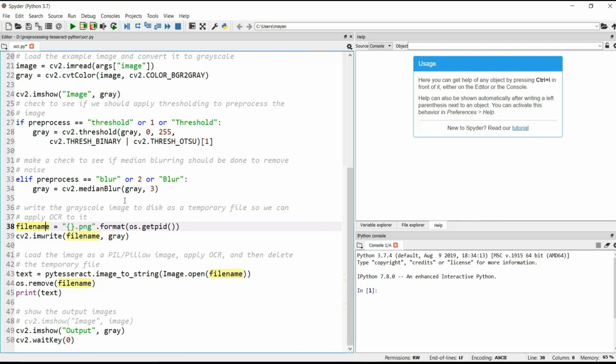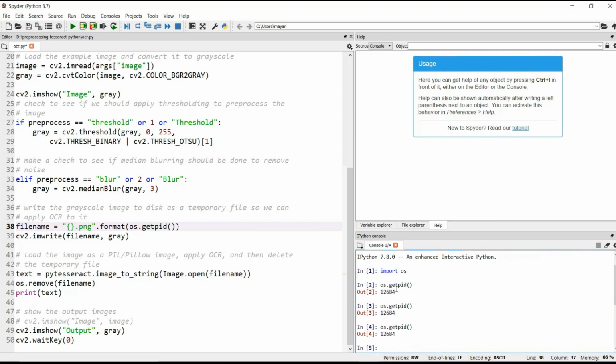So we have one function of OS, that is getpid. getpid will return different numbers, like you can see here. Let's check an example. I am importing os here, and if I write os.getpid(), as you can see guys, it returns a number which we can use for our image, and if we restart this program, then it will return a new number.